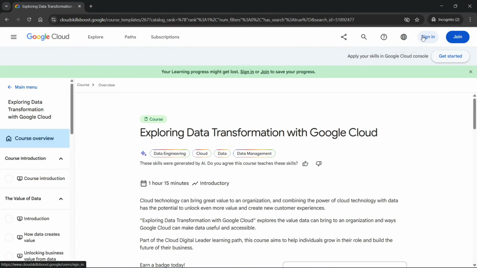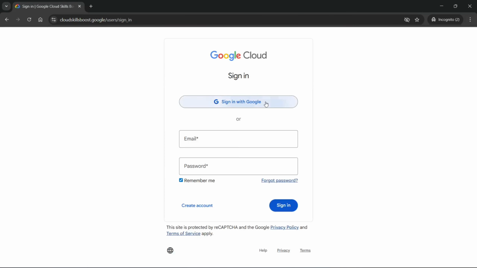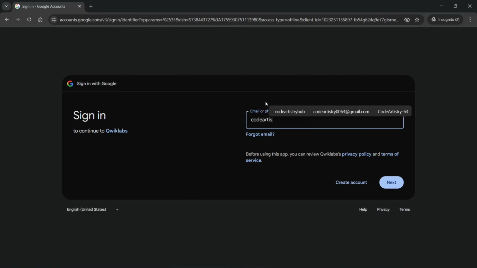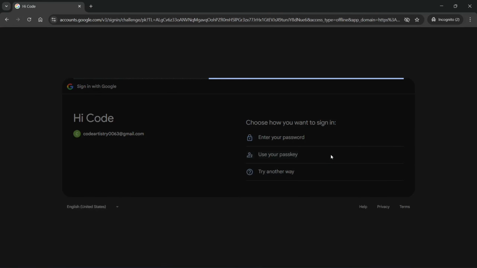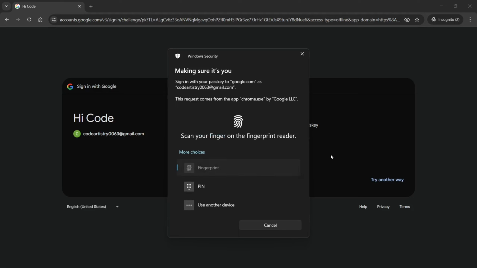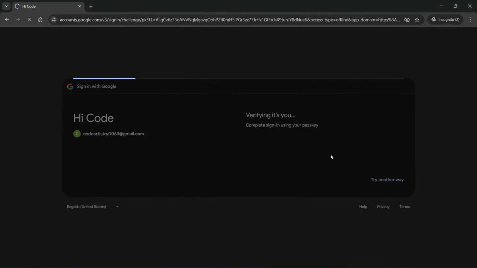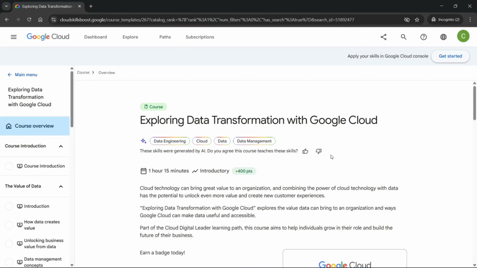Then, we have to sign in, and only after that can we start the lab. So guys, today we're going to check out exploring data transformation with Google Cloud Batch Solutions.